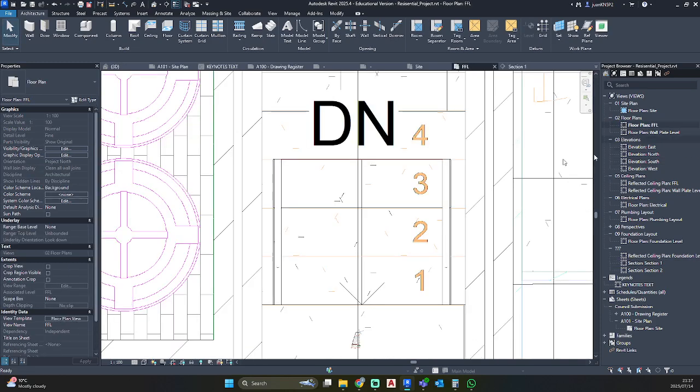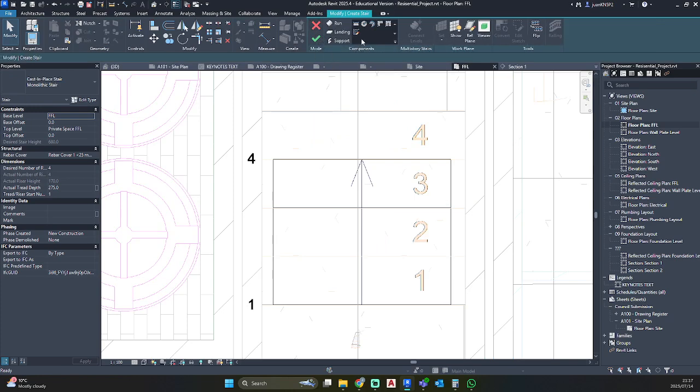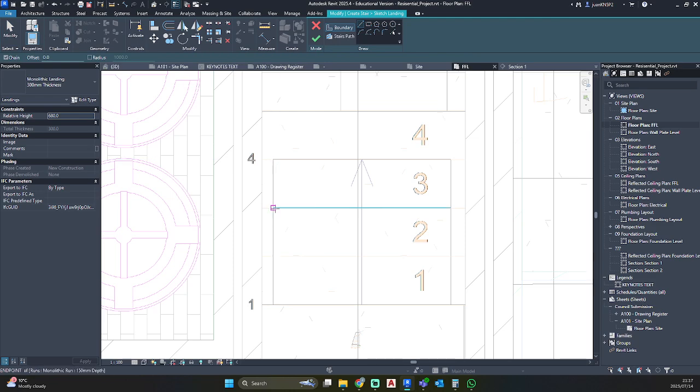So I'm just going to go to the floor plan, select your staircase and go Edit Stairs. Click on Landing under the Modify and Create Stair. I'm going to go Create Sketch. So we know that's 275. I'm going to go 275. Press enter.